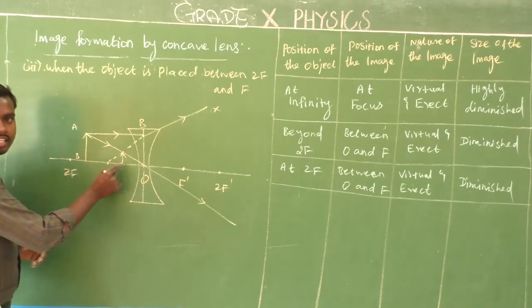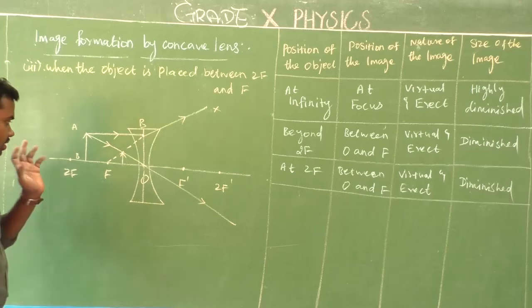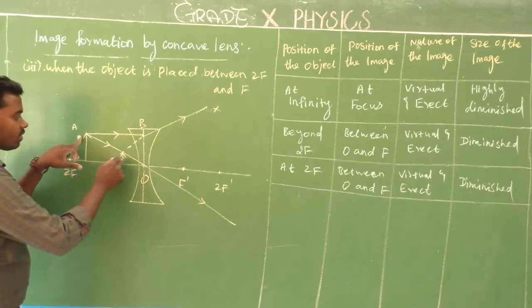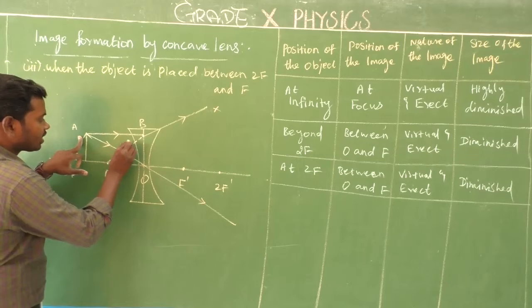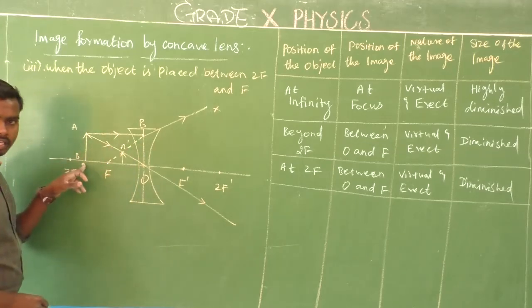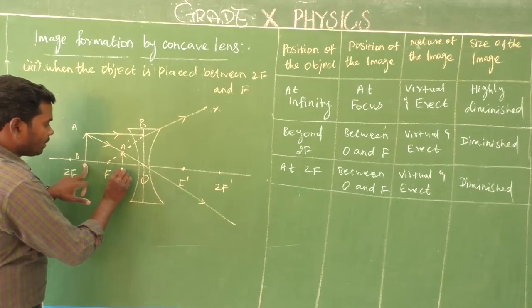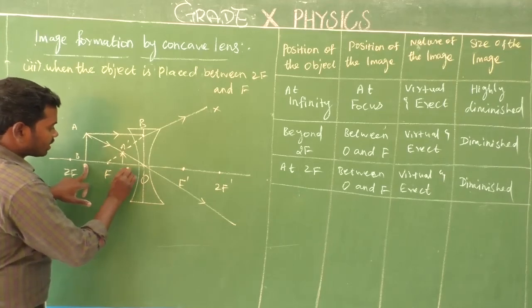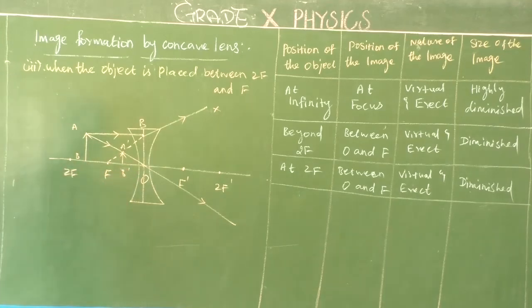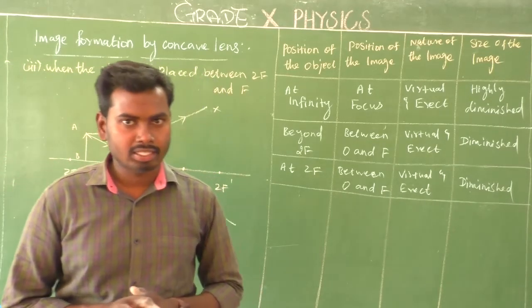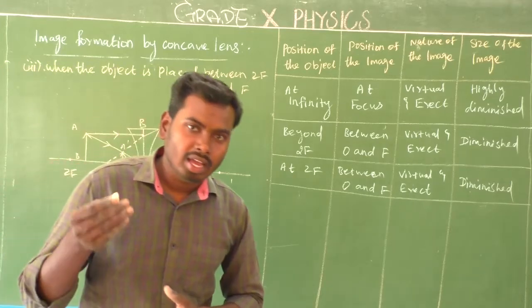Am I right? Between O and F. Here, this is the image. Yes. So the top of the object is in the same direction as the top of the image, so consider it A dash, and the bottom of the image consider as B dash. Is it clear? So look here, the image is formed above the principal axis, so that image is considered as what image? That is a virtual image. Am I right? So all virtual images are direct images.